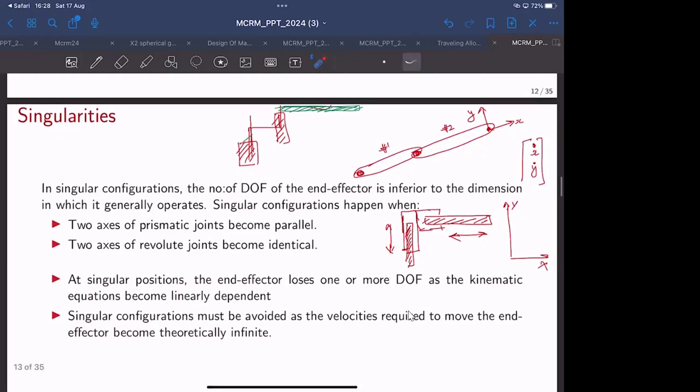So that is also a singular configuration. Effectively, it will lose 1 degree of freedom. And this can happen when 2 prismatic joints become parallel and 2 revolute joints become identical. And this is a problem when you have a larger number of joints, maybe more than 5 or 6 joints,